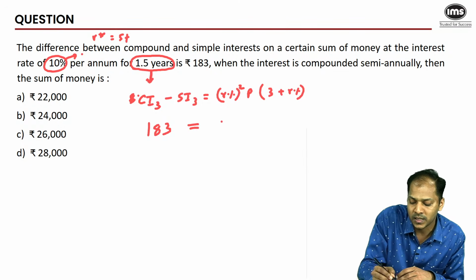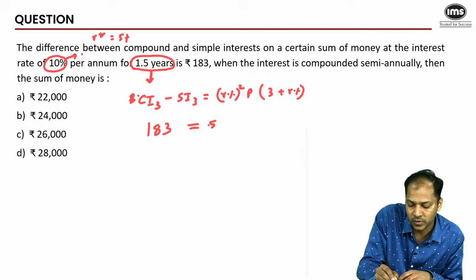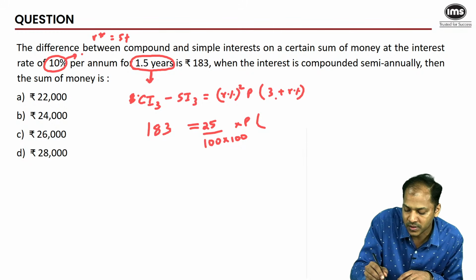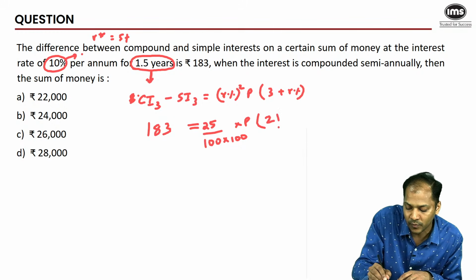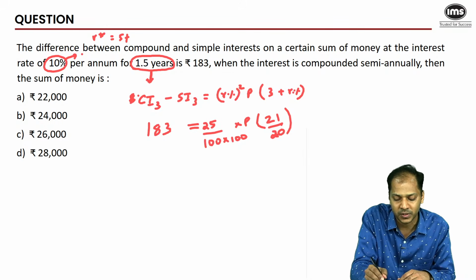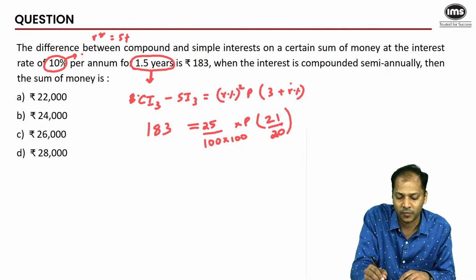So 183 is equal to 5% the whole square, so that's 25 by 100 square, and into the principal into 3 plus r%, so that's nothing but 3 plus 1 by 20. 5% is 1 by 20, so if I put 1 by 20 in place of r%,